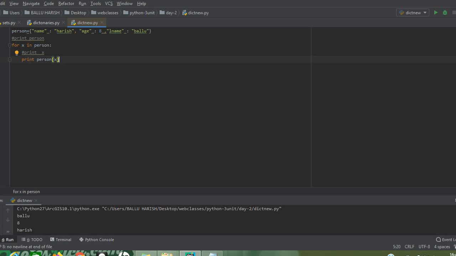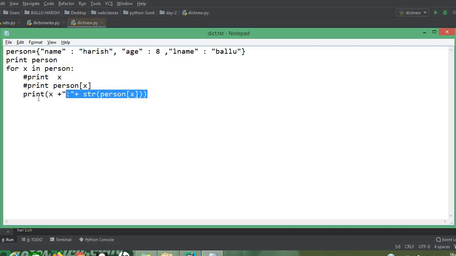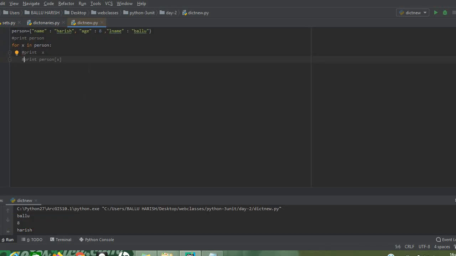If you want the combination of both keys and values, we need to concatenate this statement and this statement. This is the method: print x, where x gives keys and person of x gives values. We concatenate using the str method.